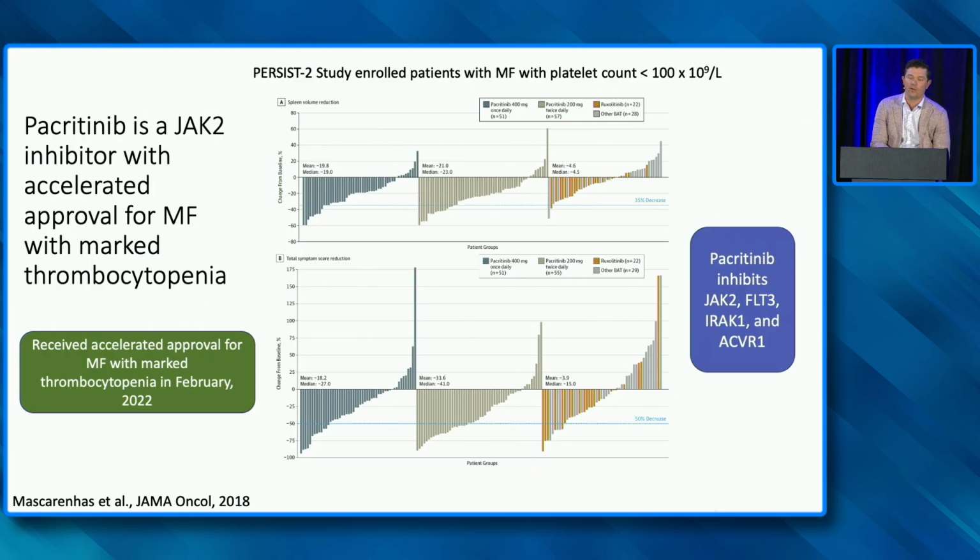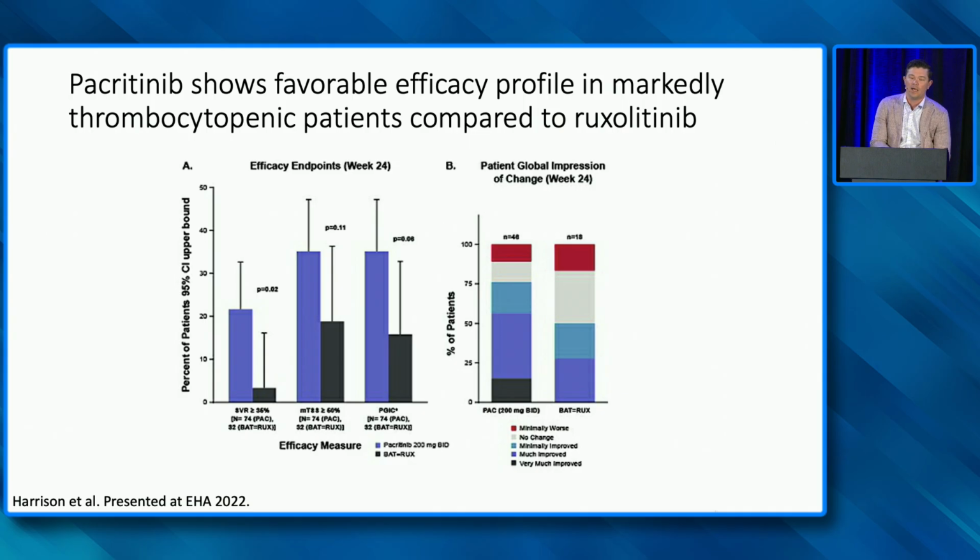The accelerated approval is really limited to the population of fewer than 50,000 patients, because that's the group of patients that doesn't have the ability to be on Rux or fedratinib, based on those patients not being enrolled on those studies. When you look at comparing pacritinib to ruxolitinib, as ruxolitinib was allowed as best available therapy, low-dose ruxolitinib, and you look at the efficacy profile trying to compare PAC to Rux in this thrombocytopenic patient population,